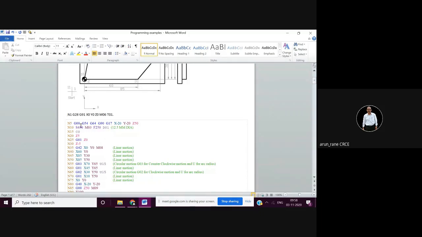Now this G28, G91, X0, Y0, Z0 means it will go to its home position, or the reference position, and M06 is nothing but the tool change, and tool number 1. Now what is the difference between this and this? Here the tool change will occur when it goes to the reference position, and D01 means it will take the offset from the tool offset library.